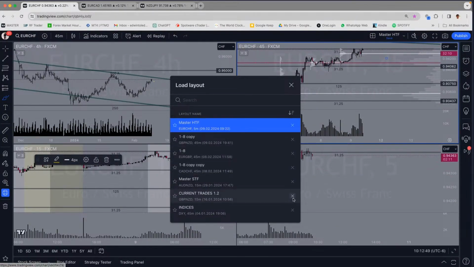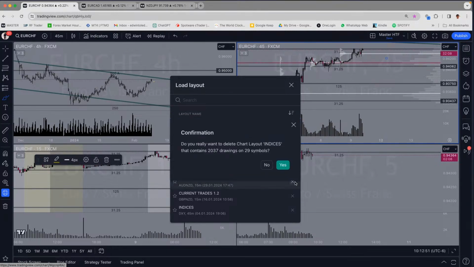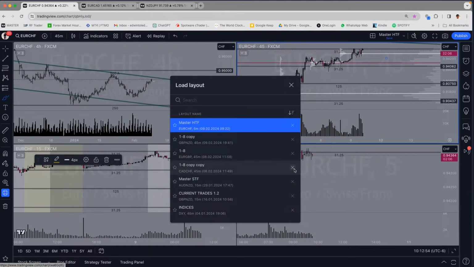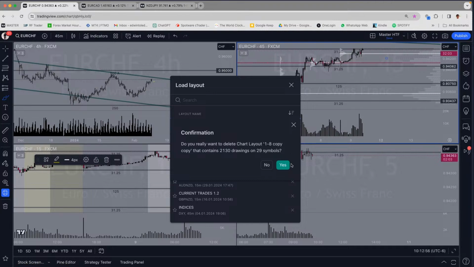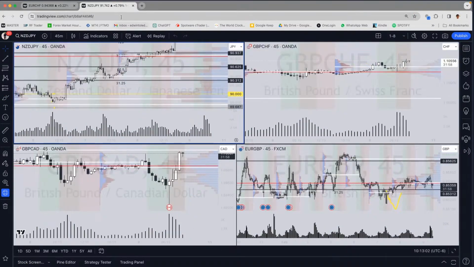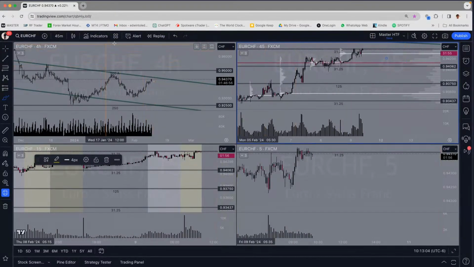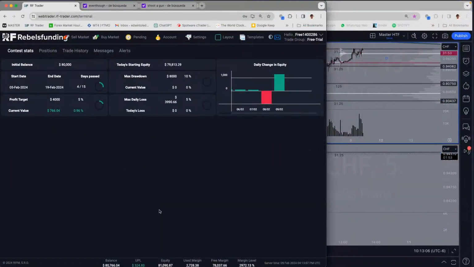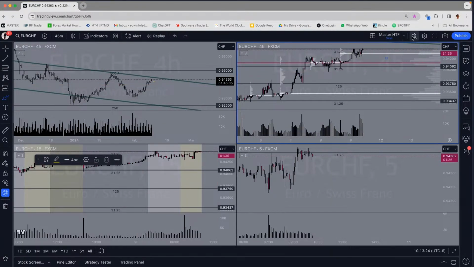Okay. And I don't want to delete the indices now. Let's just copy this one though. Let me just check how the trades are going. So things are going kind of well. We're just working on the theory of protecting and letting things run a little bit. So let's just open things, how things are going.